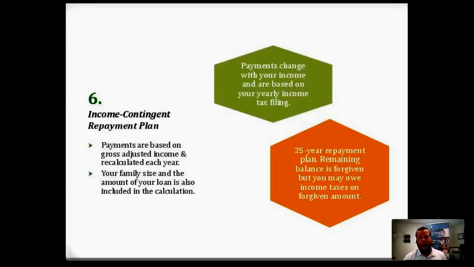Another thing you can do with income contingent, which I call ICR as an abbreviation, is if you're a husband and wife or spouses and you both have federal student loan debt, you can calculate the repayment together. You don't combine the loans, but they'll take both loans into consideration, and they'll factor the payment into an ICR plan for each of you, and then you just have that one payment.